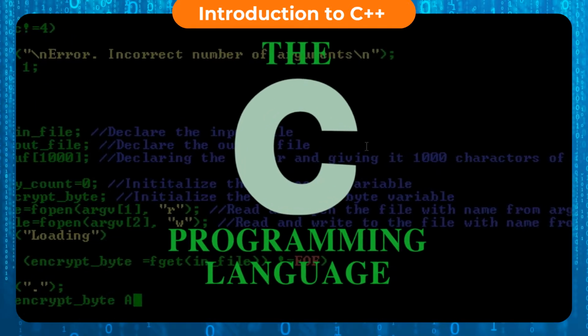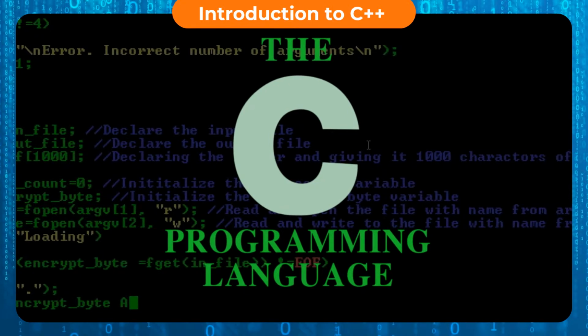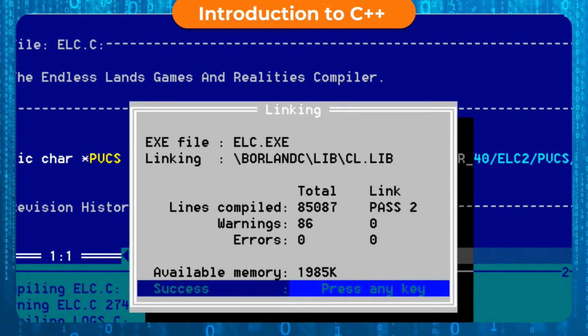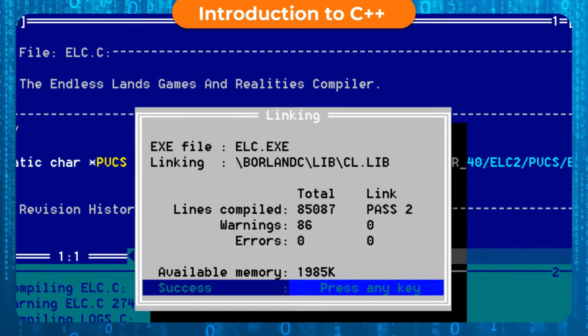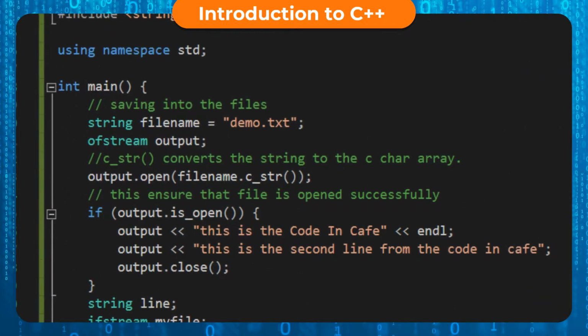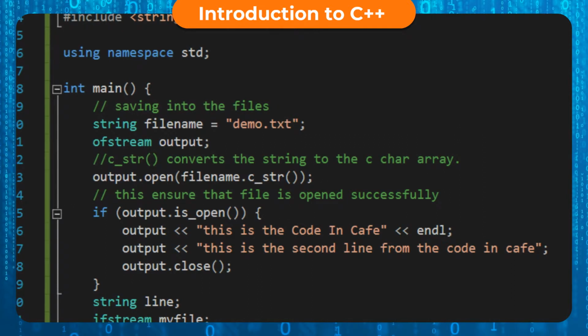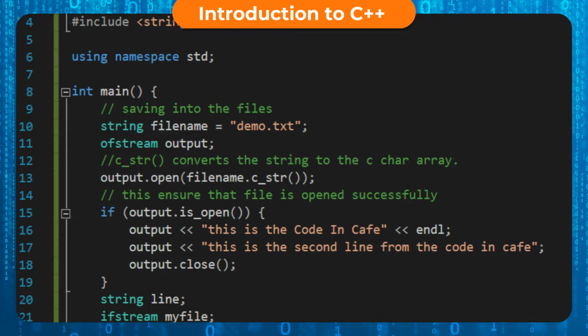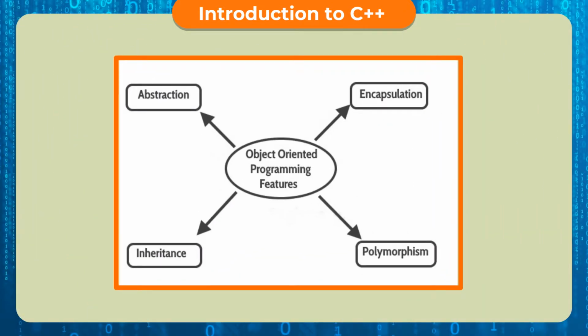In the beginning, it was called C with classes, but later, because of increment features, it was called C++. There are very few differences in the grammar of C and C++. C++ has become a very popular language worldwide because it supports Object-Oriented Programming, OOP. Object-Oriented Programming allows programs to be constructed for clarity and ease of maintenance without loss of efficiency.